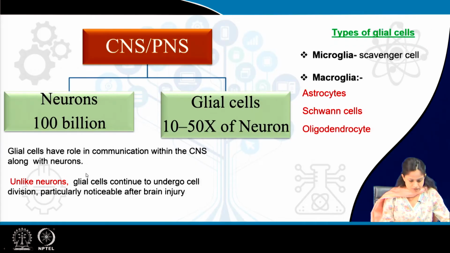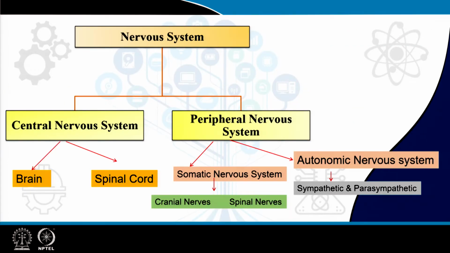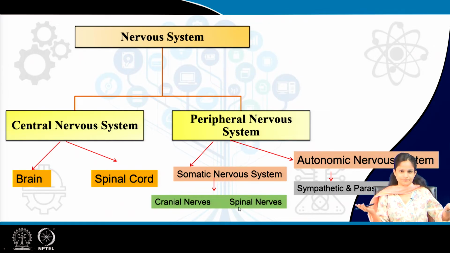Now, peripheral nervous system consists of two parts, that is somatic nervous system and autonomic nervous system. Peripheral nervous system is what? Which receives the information from the peripherals. Somatic nervous system consists of cranial nerves and spinal nerves. What is somatic nervous system? Whatever voluntary activities we do. For example, I am talking, I am sitting, you are standing, you are running. Whatever voluntary activities we are supposed to do, that is mainly governed by the somatic nervous system via cranial nerves, that is head and neck movements, and spinal nerves, that is the movement of our limbs,